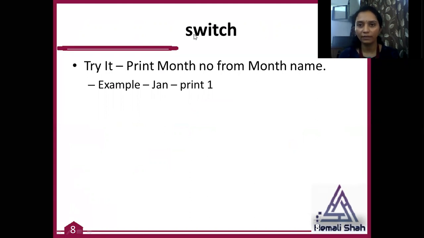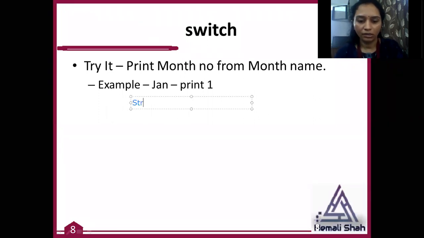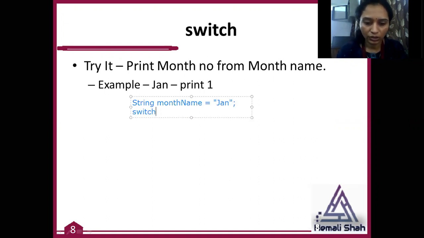That means take one string, month name, equals, say for example, January, JAN, and use the switch statement, switch, then month name as an expression variable and create a body part of it, and you need to write case here.